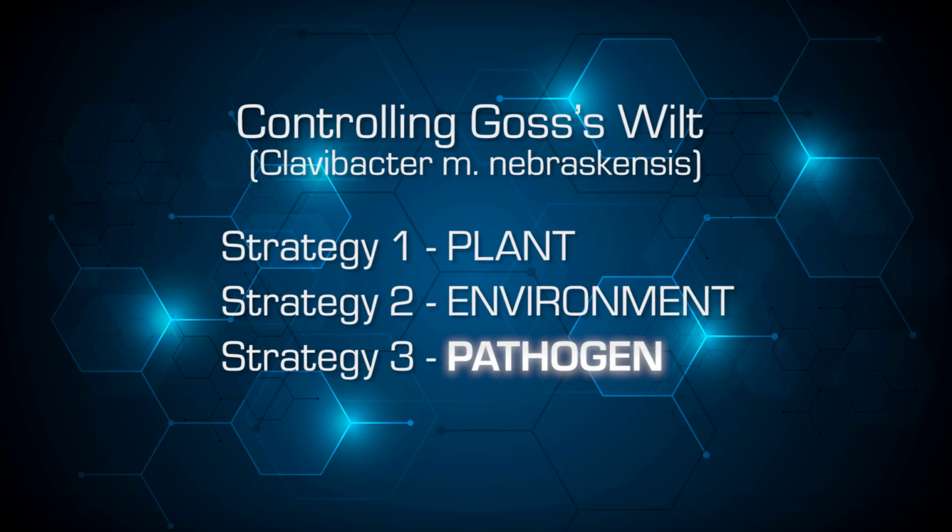We need to eliminate the alternate host, get our residue decomposition, and then we have that extra whammy that we can use in the biological controls to actually attack the pathogen itself, to suppress both its virulence and its ability